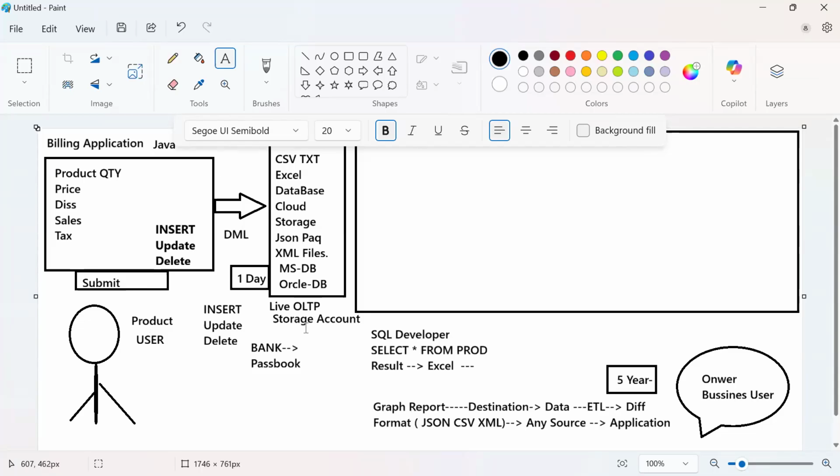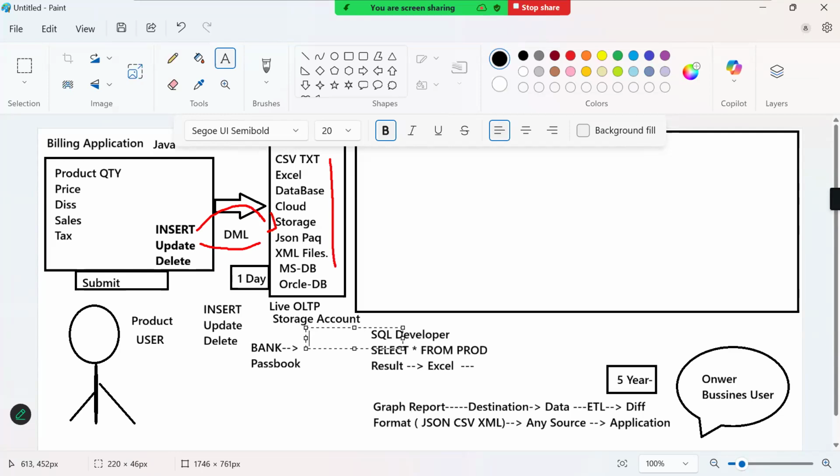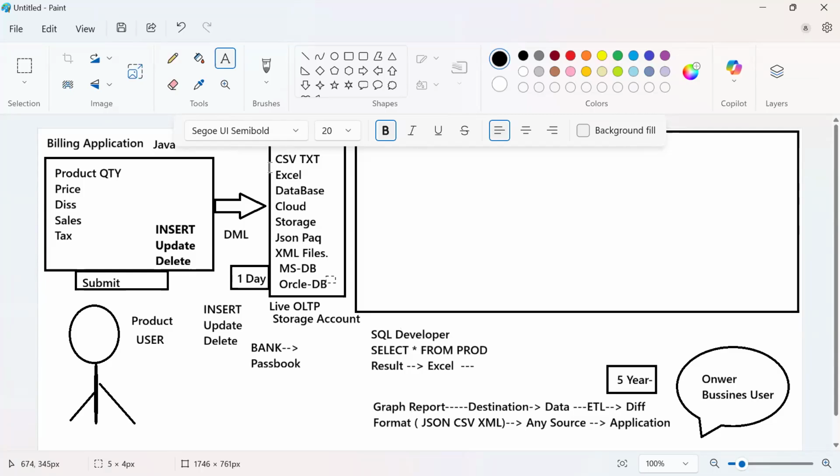If you maintain a huge volume of data and somebody tries to do an update, they have to search through millions of records to do the update. I'm not saying that we don't have storage or capacity. We had capacity at that time also, and now also we have capacity. But for any live storage, the importance is to manage these DML operations and the performance issues. So when the transactions are happening, from morning 9 a.m. till 9 p.m., we are not going to touch the live server, any server in companies.